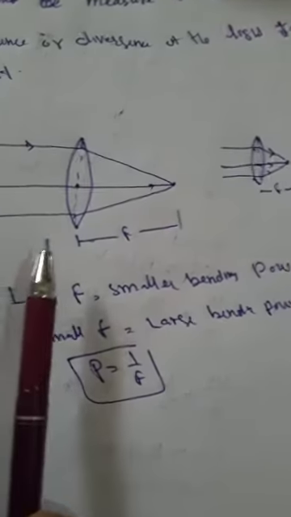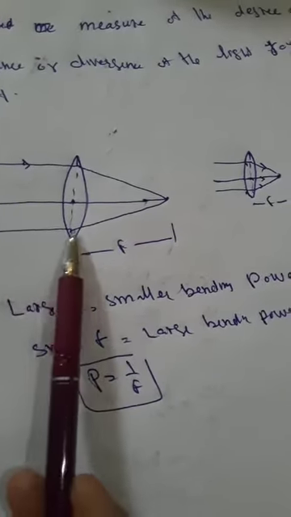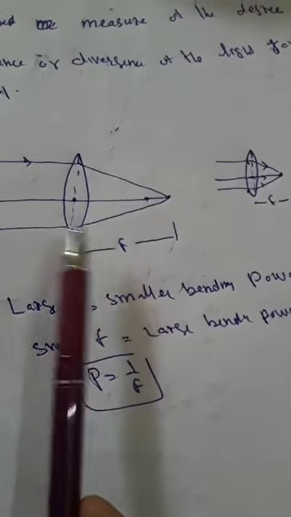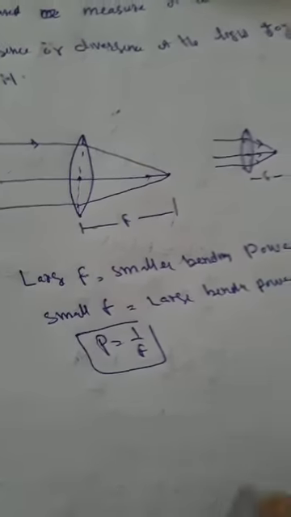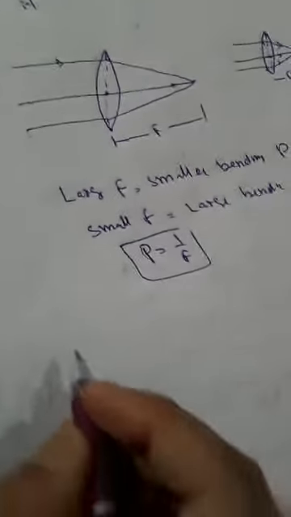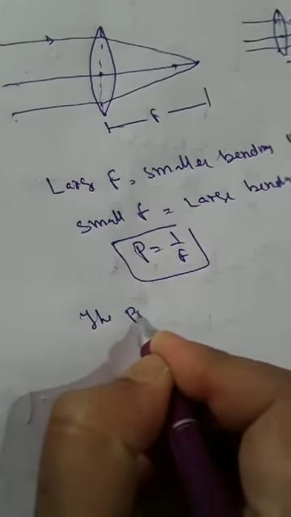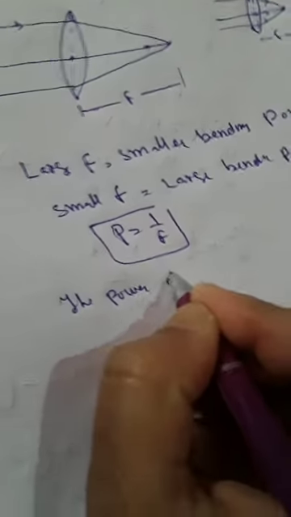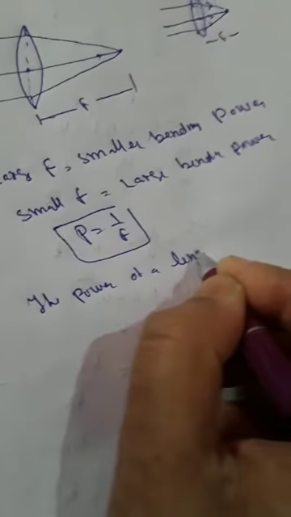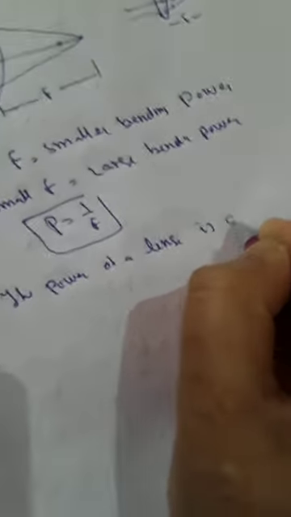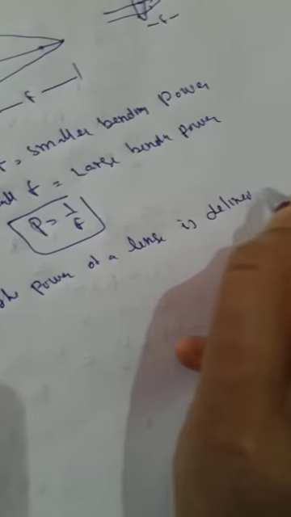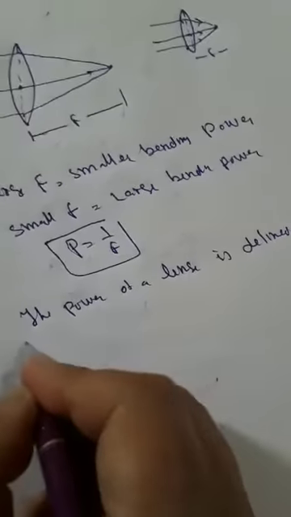I have given the example of a convex lens. Both are convex lenses. But it may also be defined as, the power of lens is defined as the tangent of angle. The power of lens, I will explain it also. The power of a lens is defined, its second definition, as the tangent